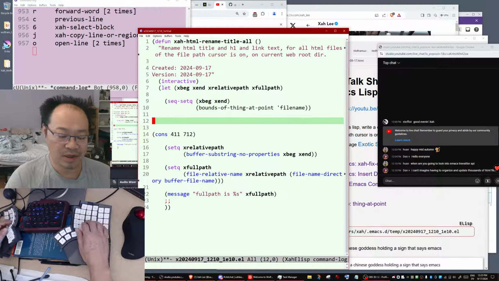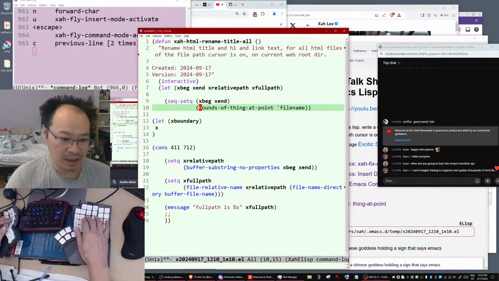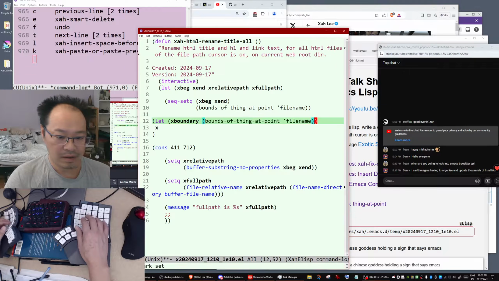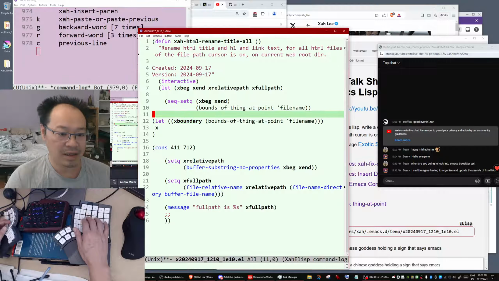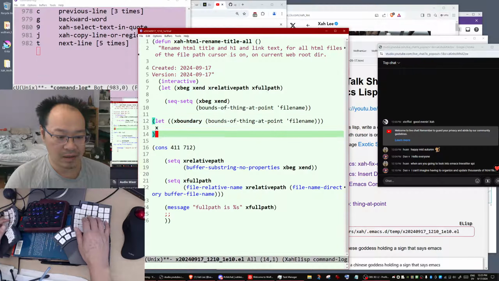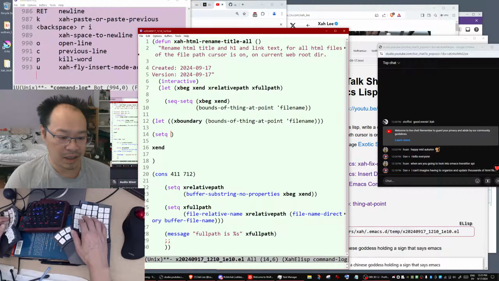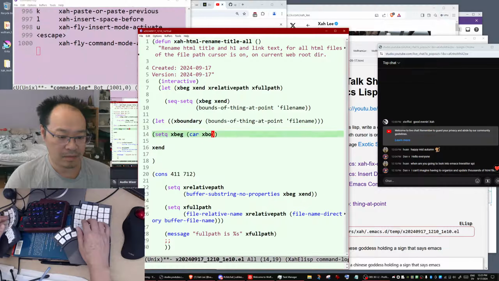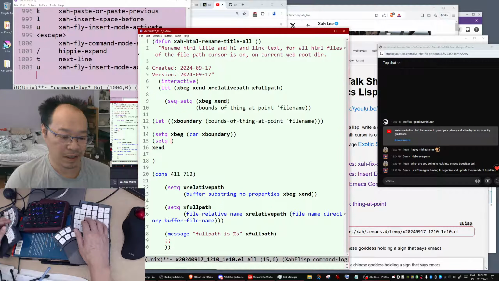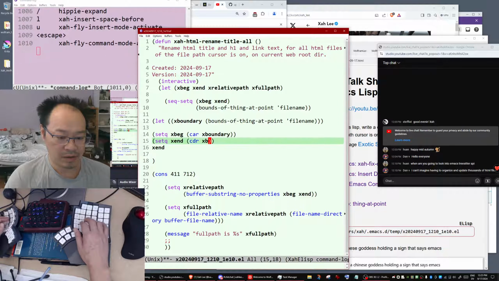What you can do is, for example, you let x-boundaries, and okay, let x-boundary be that. Then you say here, set x-begin to car of x-boundary, then set x-end to cdr of x-boundary.